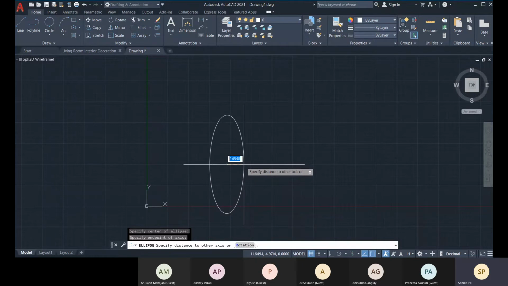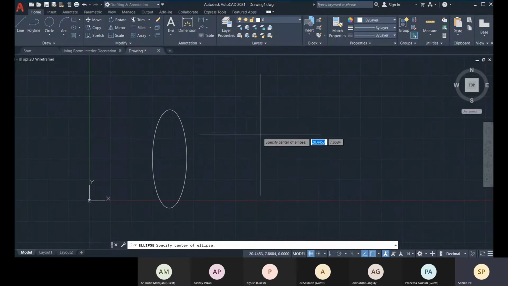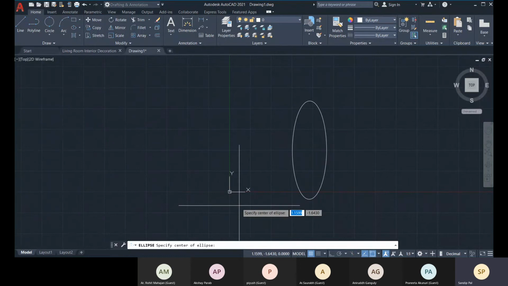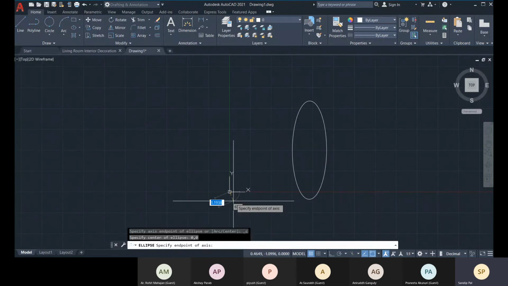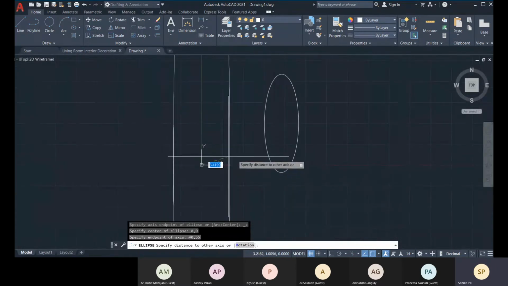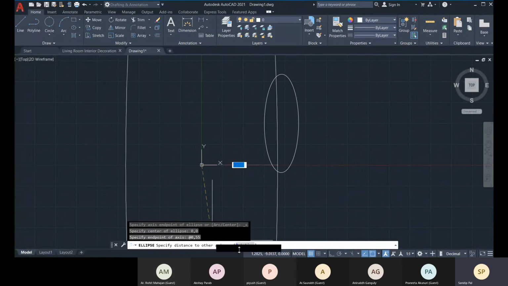You can simply click, or specify the proper distance. So let's specify the center at 0,0, then the first endpoint of our first axis as 0,50, and then the second axis endpoint as 30,0.